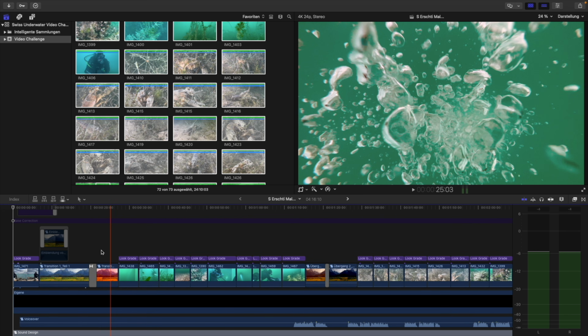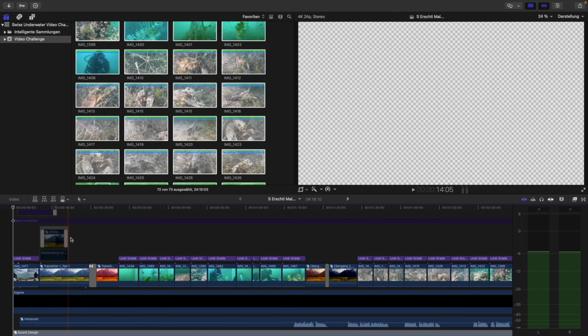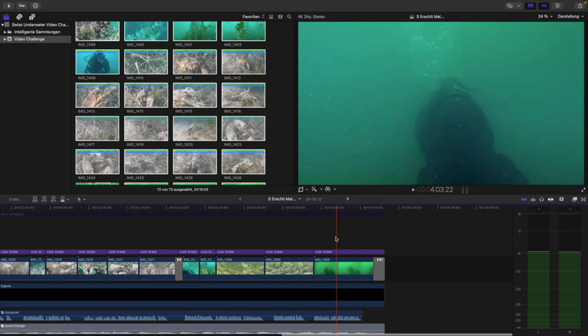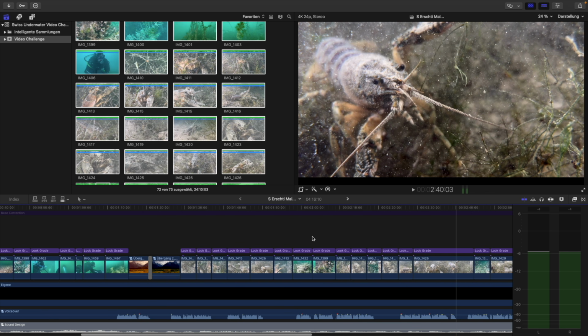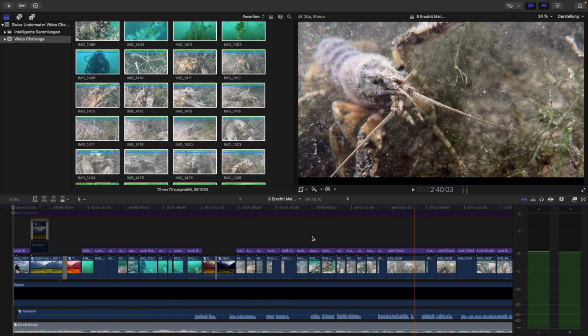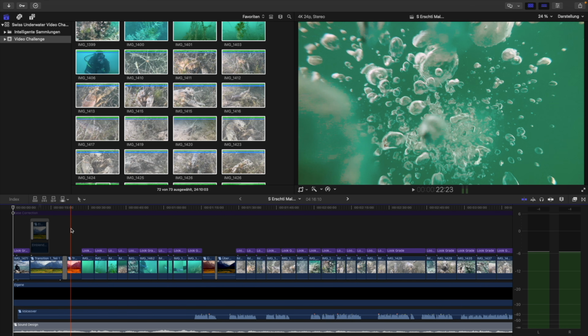Now, as we said before, we have a beginning, which is fairly clear. There's not much discussion what needs to be there. And we have an ending, which also is quite clear what's going to be shown towards the end. But in the middle part, that's where most people have difficulties deciding how to structure their videos. And this is where proper preparation is so important, because if you think about your storyline and what you wanna tell in your film before you get in the water, you'll be able to get better shots that will be much easier combined and put next to each other in the editing